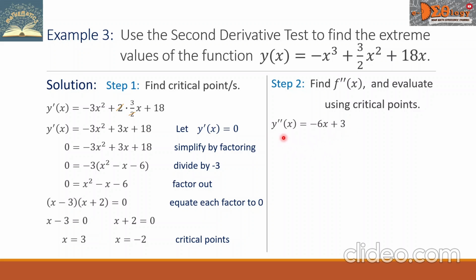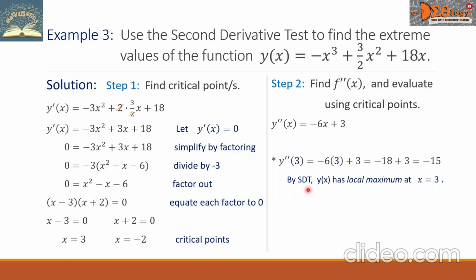Let us now evaluate the second derivative using the first critical point. So we have y double prime of 3. This is our function. So it becomes negative 6 times 3, then plus 3. The product, negative 6 and 3, will be negative 18, then plus 3. So we have negative 15. So we have a negative value here. By the second derivative test, the function y of x has a local maximum at x